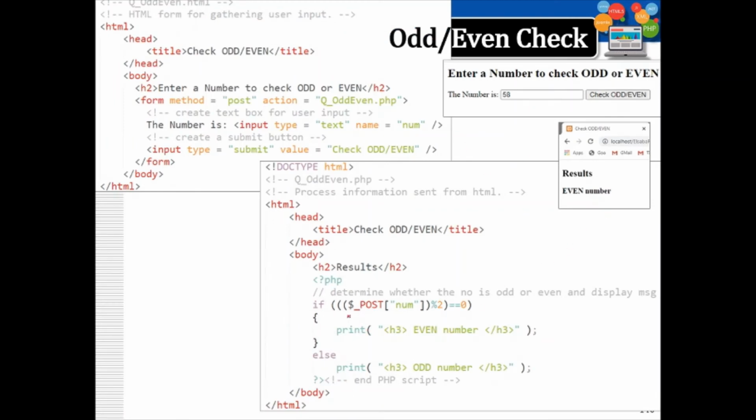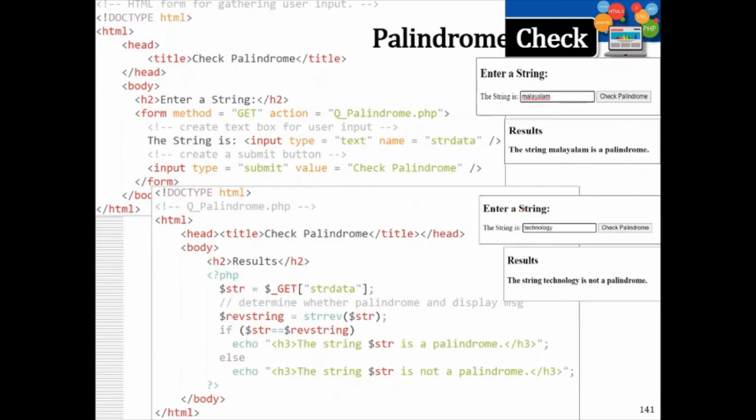Please go through it. You can format the output as per your requirements. If you want to write some data in a table, you can write it. Suppose you want to enter student data, the name, register number, marks of 3 subjects and the grade, this can be created as a form. Enter the data using the form, and finally at the server side you can access it and write it in a tabular format. Just use the corresponding HTML tags. In this way you can format the output and send it back to the client.